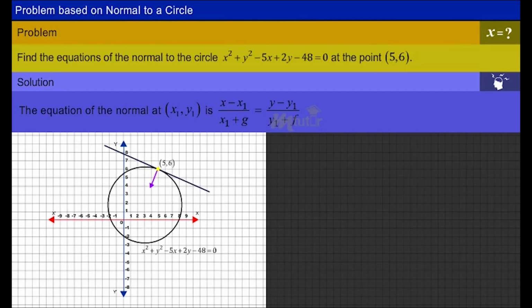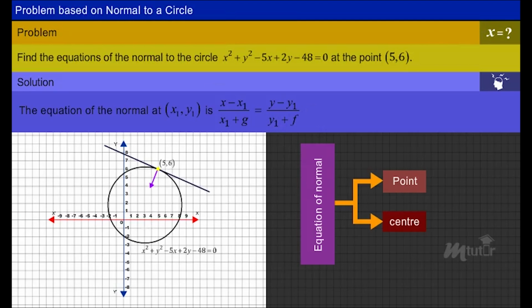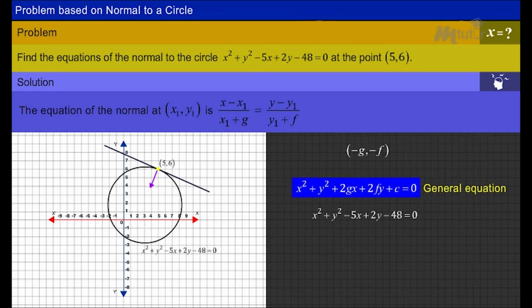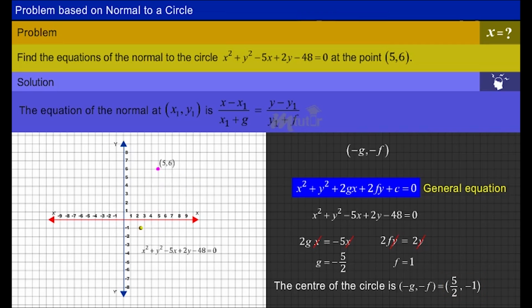Solution. The equation of the normal is as shown. To find the equation of normal, we need to know the point and the center. The normal at a point is 5, 6. Now, we want to know the center of the given circle. To find the center of the given circle, just compare the general equation of circle and the equation of the given circle. Therefore, we get the values of g and f as shown on the screen. Now, we know the center